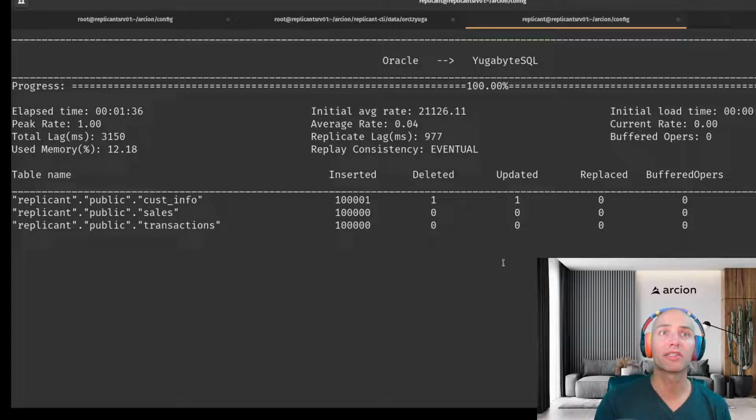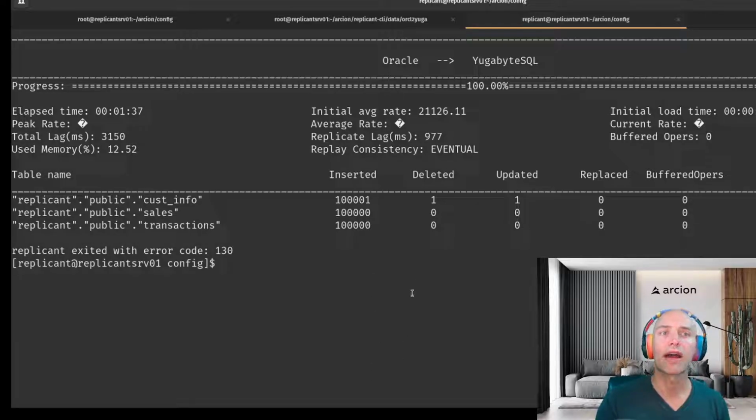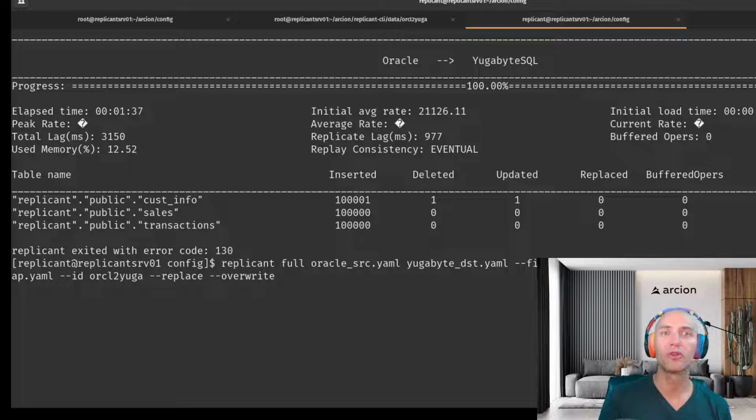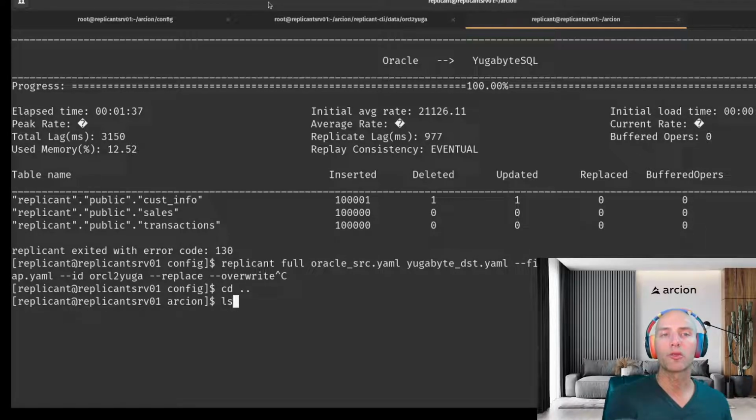To stop this, you can simply Control-C to kill it. If you wanted to resume it, you could change this from replace and overwrite to replace and resume, and it'll actually pick up where it left off. But what I want to show you instead of that is I want to take you back a directory,